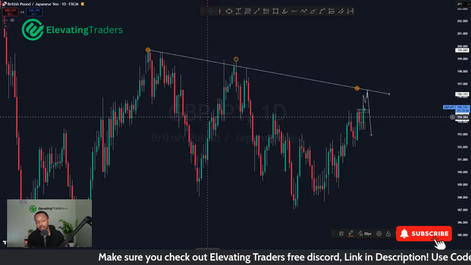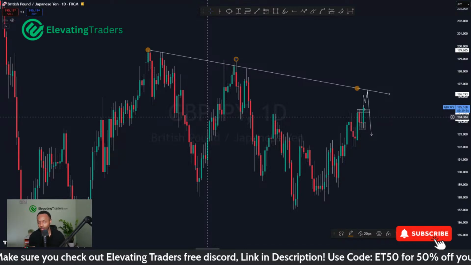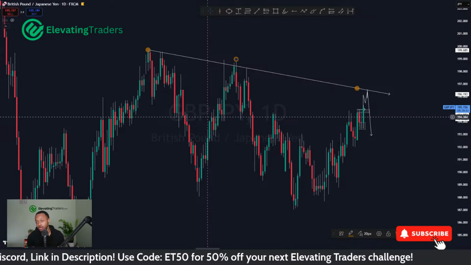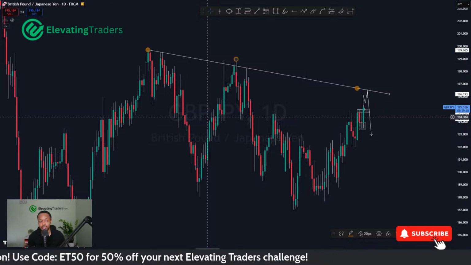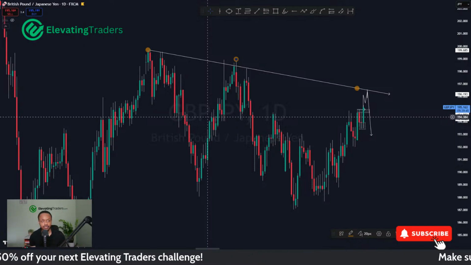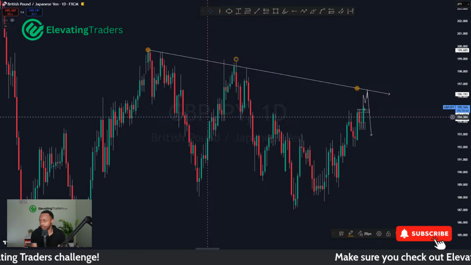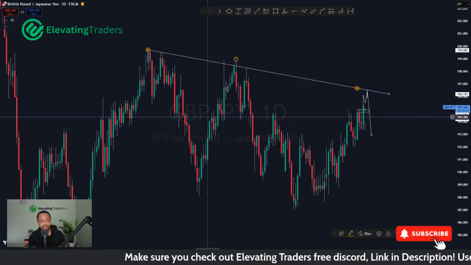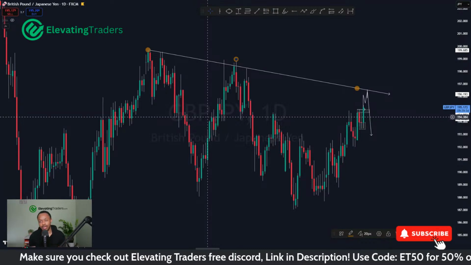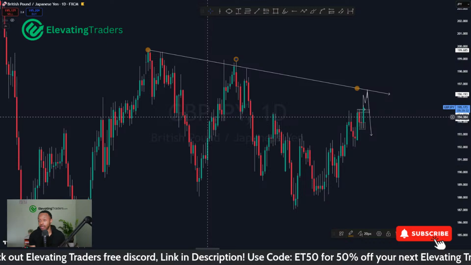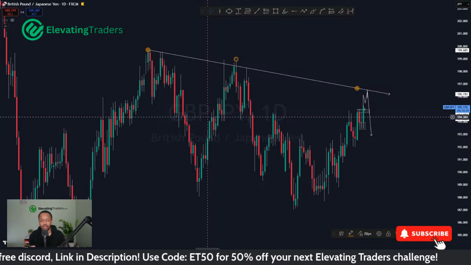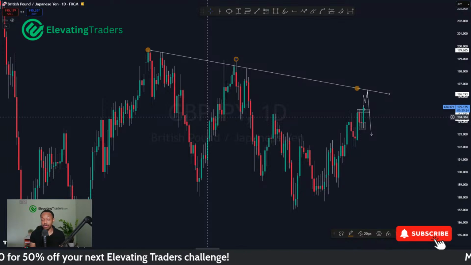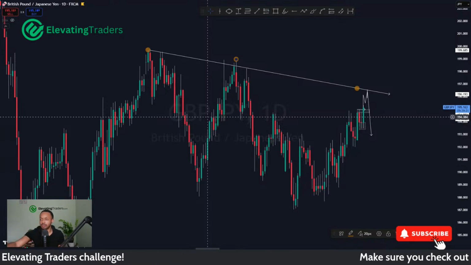Yeah, that's another reason why I stopped trading exotics as well. Spreads are quite wide. Swaps are crazy. I would only probably look to sell the exotic currencies, or at least trade in the direction of positive swaps, because the negative swaps are just too heavy. And they're quite slow as well. They do have their times where they do see some nice moves, don't get me wrong, but they do consolidate quite a lot as well. So that's why I stopped trading exotics. But there are opportunities there. I'm not going to say that there aren't.